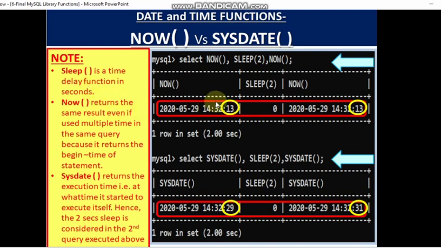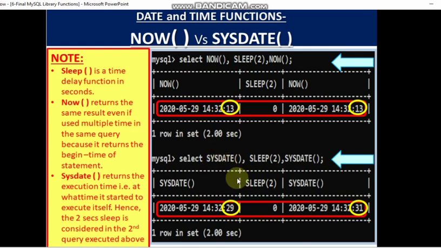So now returns the same result even if it is used multiple times in the same query. See, in this particular query I have given now, and then again now after sleep 2. Now is fetching the value 14:32:13, and again in the same query it has fetched 14:32:13. But sysdate returns the execution time of that particular function, exactly at which time it is executing.